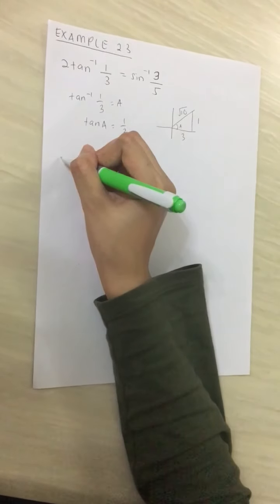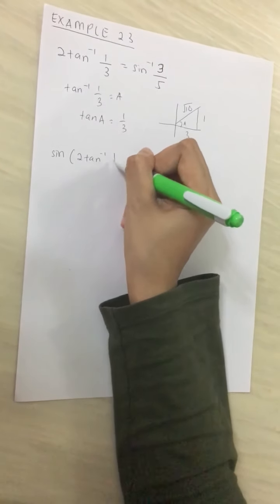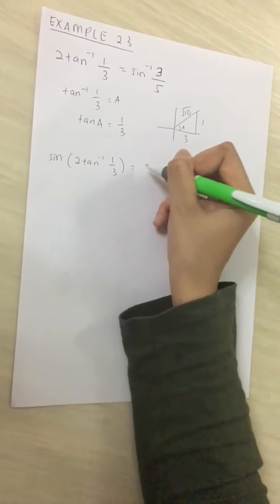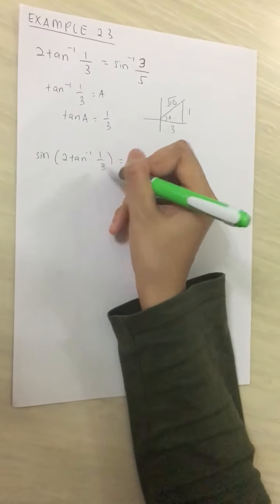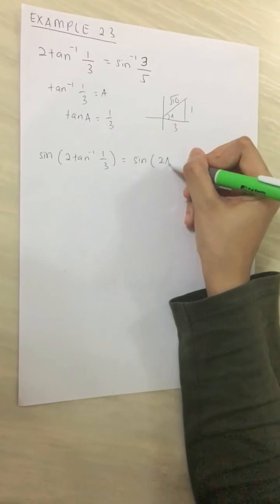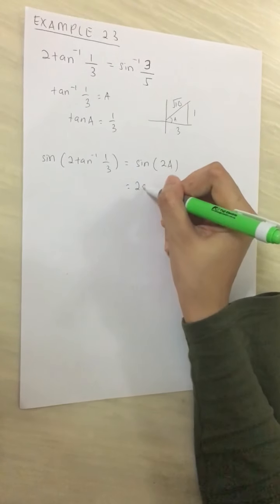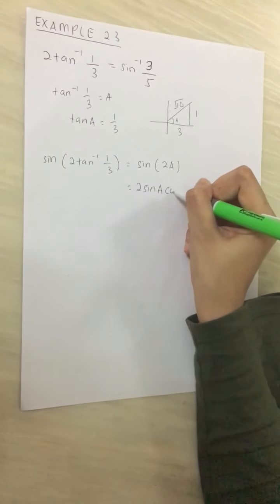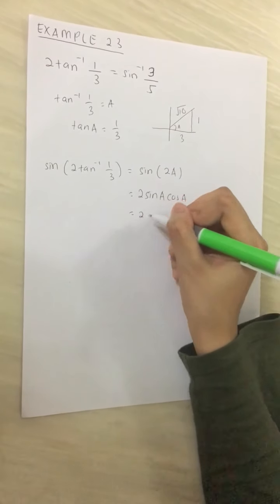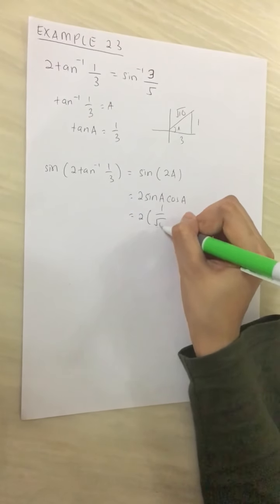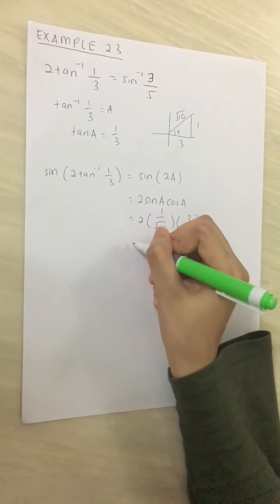So you need to take sine of 2 tan inverse 1/3, which is equal to sine in the bracket 2A, since tan inverse 1/3 is already A. This is the double angle formula, so you need to write it as 2 sine A cos A. By referring to this angle, you will get 2 in the bracket 1/root 10 and 3/root 10, which is equal to